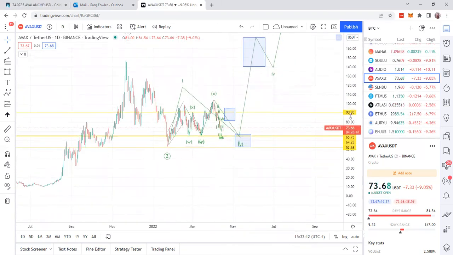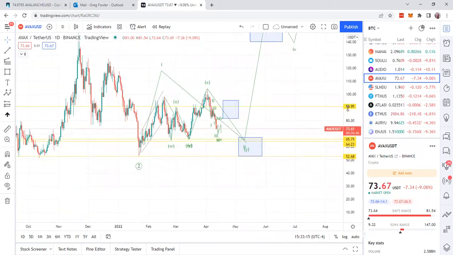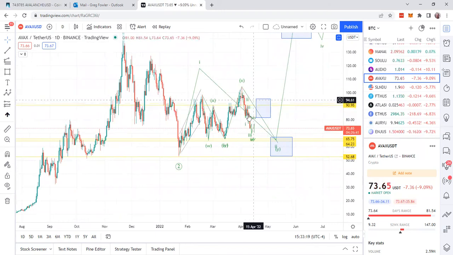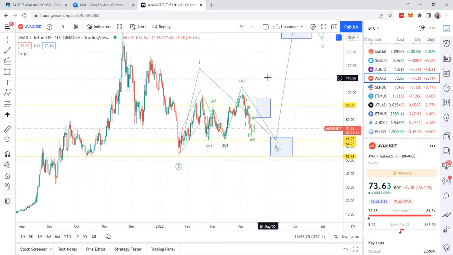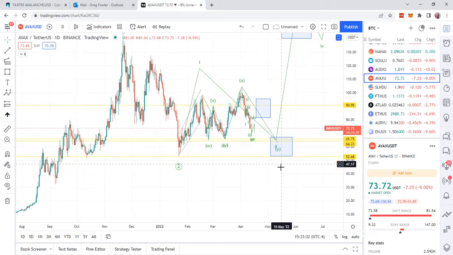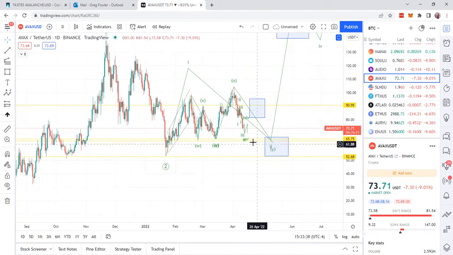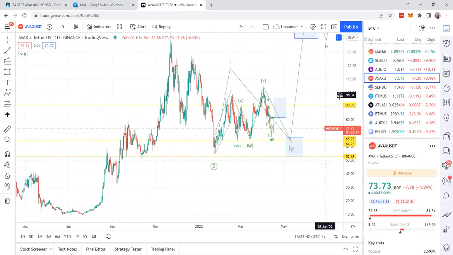Unless something strange happens, the only thing I could say that would break this sequence is super bearishness in the market, or some stupid news pops up where, I don't know, AVAX has an inflation problem or it gets hacked like 4 or 5 times or something like that, then maybe you could see lower targets. But as of right now, I'm going to say the low is in at 52, and buying it, DCAing in down to those areas is safe in my opinion.